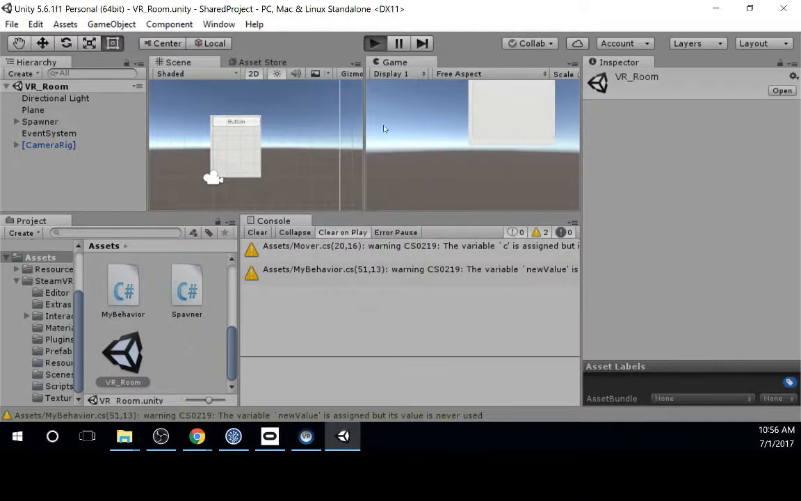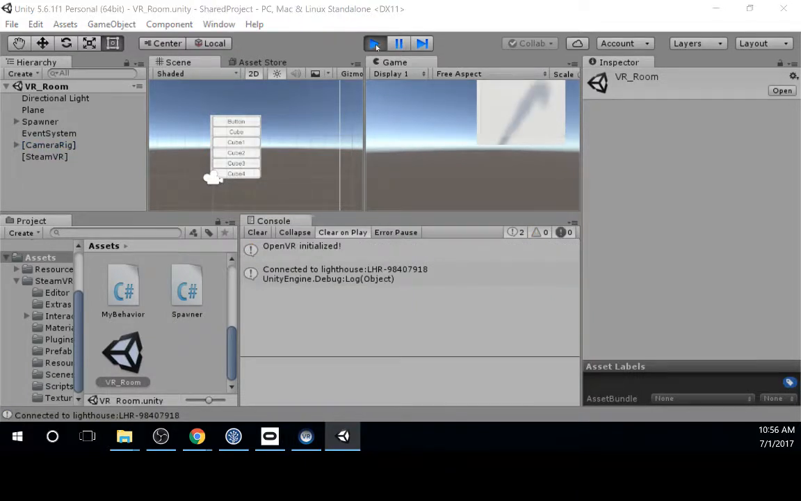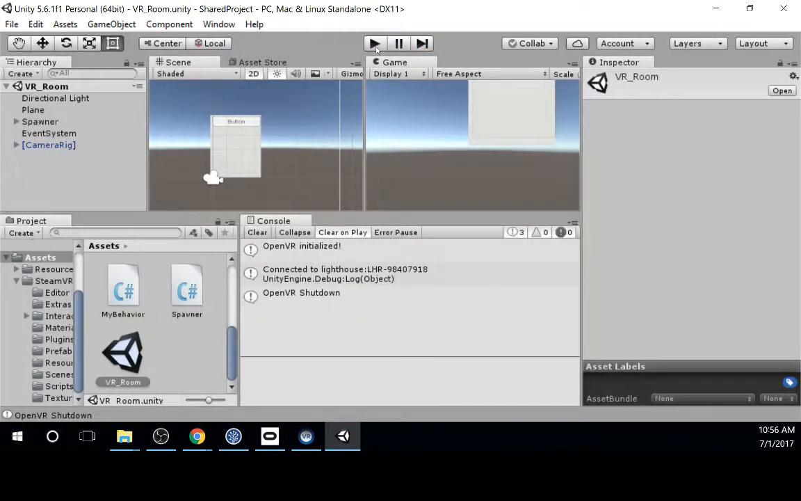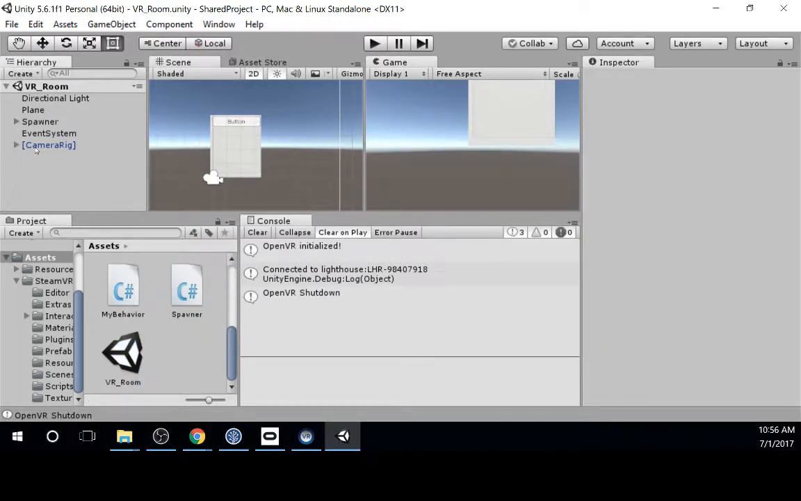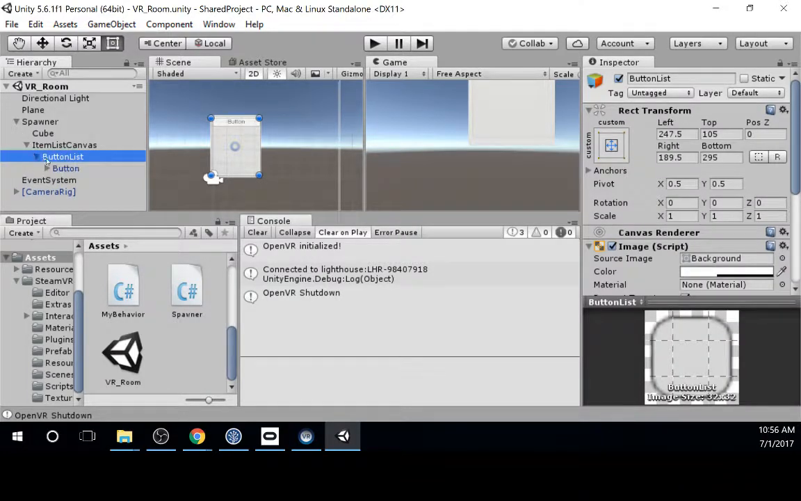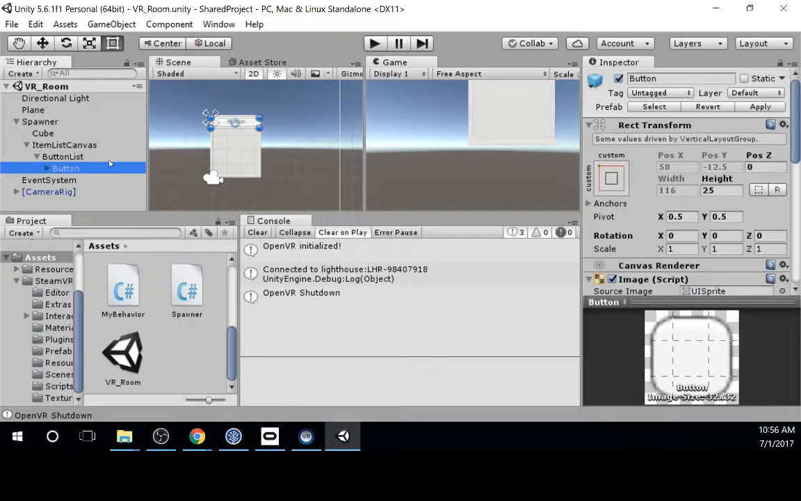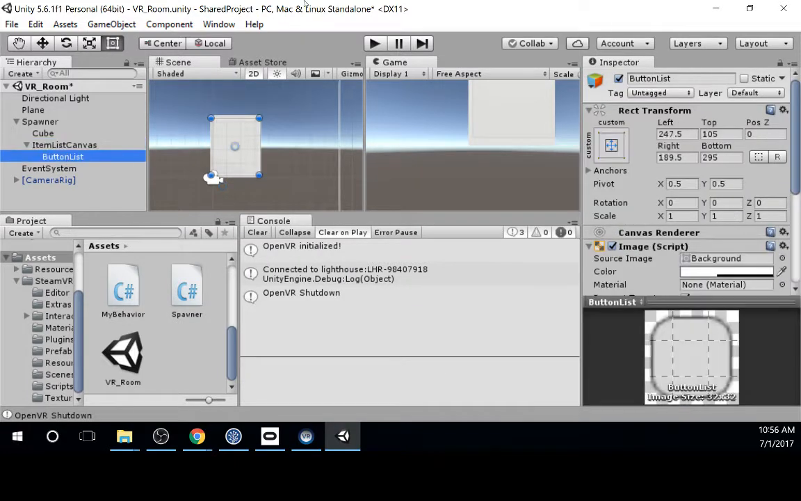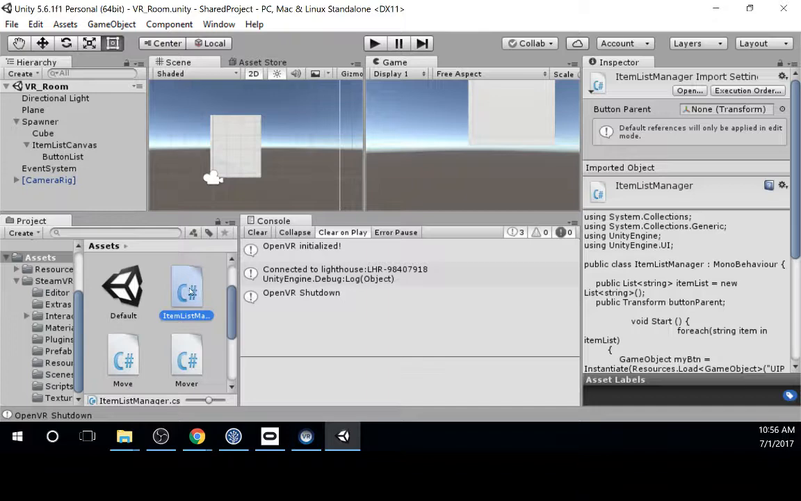Alright, so we had created our buttons dynamically, and now we just need to hook them up to actually do something. So we got an extra button there somehow. Alright, so in our item list manager,